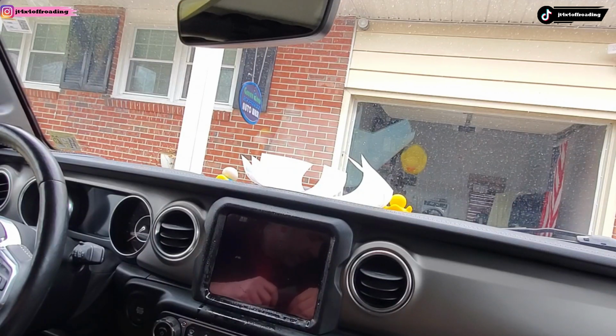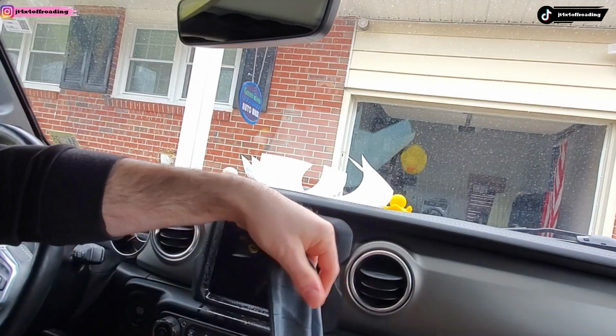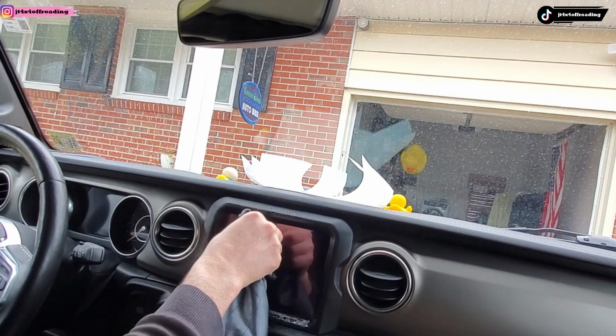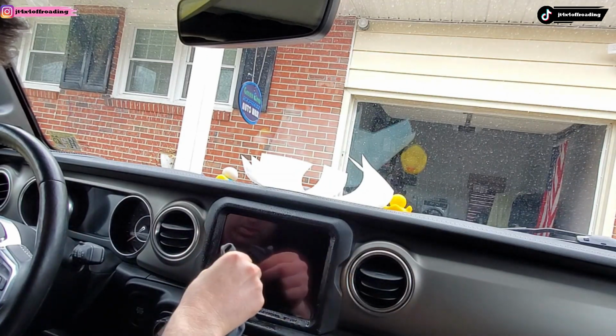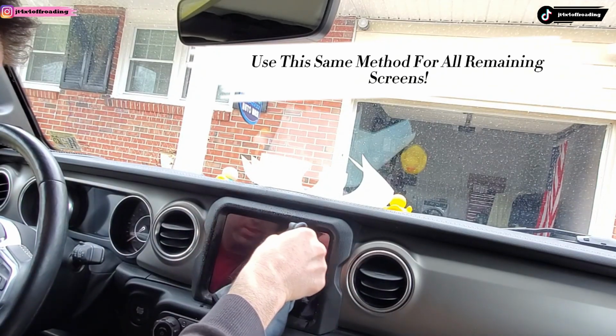So again, wrap the towel and squeegee, and then basically we're gonna redo that. So we're gonna wrap the towel right here, sorry. We're gonna put our squeegee in here like this, and we're gonna make sure it's tight, and we're gonna go ahead and clean that off. Again, making sure those edges